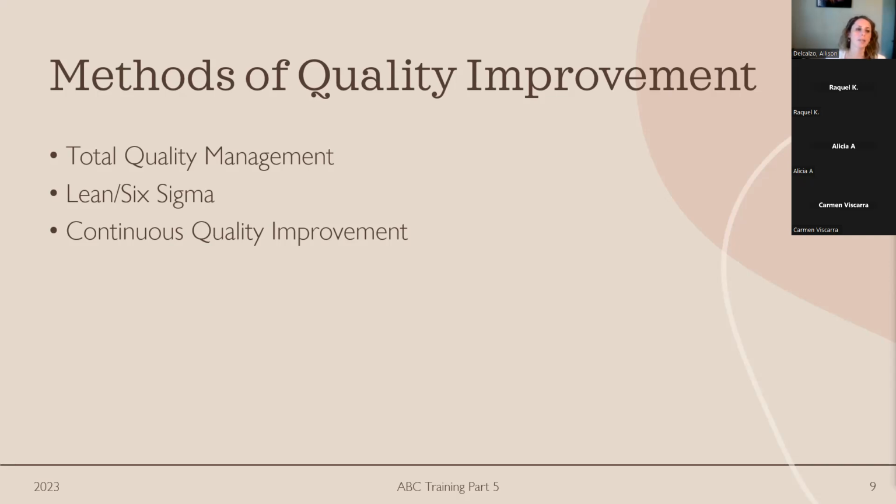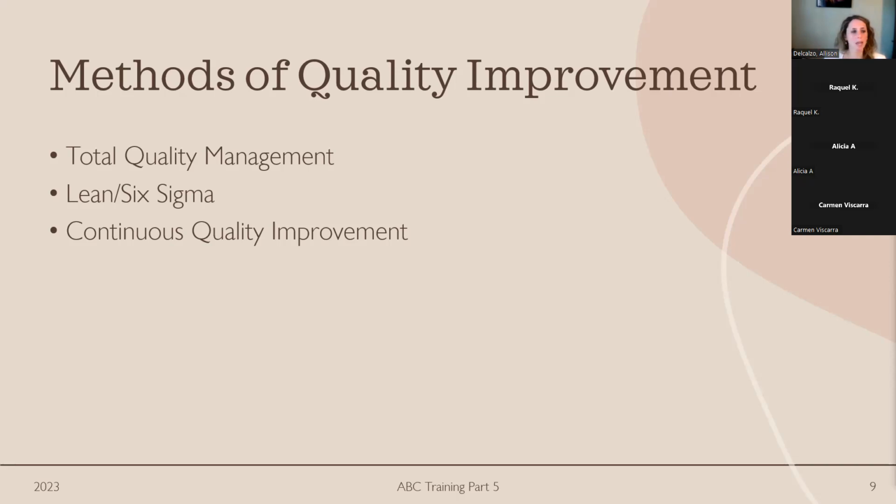So you can be on the lower end or the higher end. And lean project management, I want to say, is the gateway to Six Sigma. You kind of start out doing lean, which I really love doing, lean quality improvement projects. And I do them at home all the time, and probably you do too, and you don't even know it. Lean is about looking at a process and figuring out where you can cut the fat, right? Like cut excess out of the project to make it more efficient.